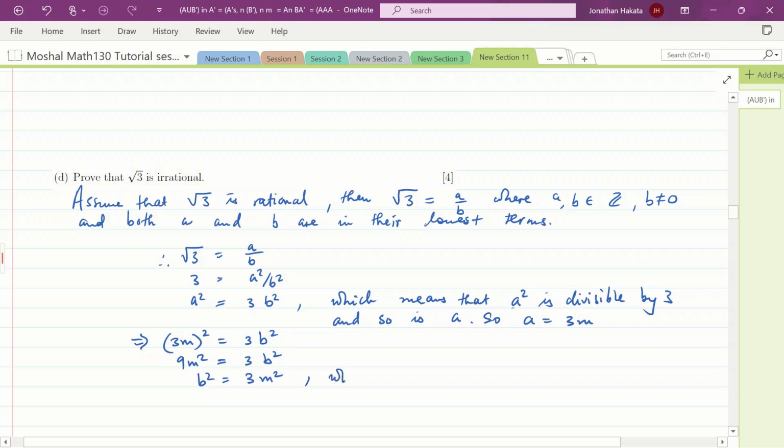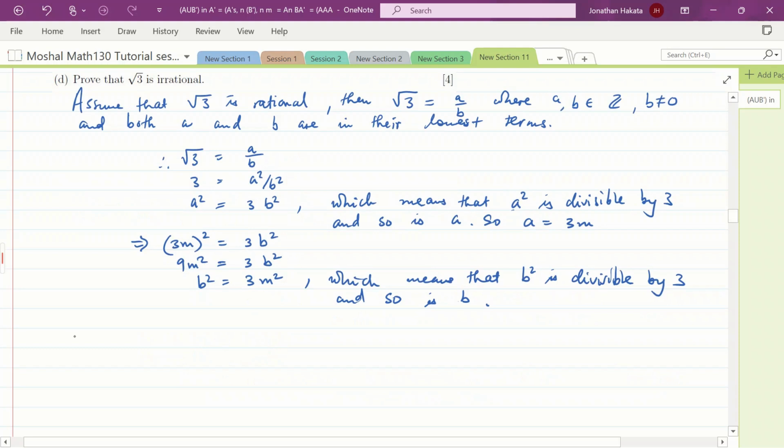which means, again, that b squared is divisible by 3, and so is b. Now, hence 3 divides, according to our proof, 3 divides both a and b,